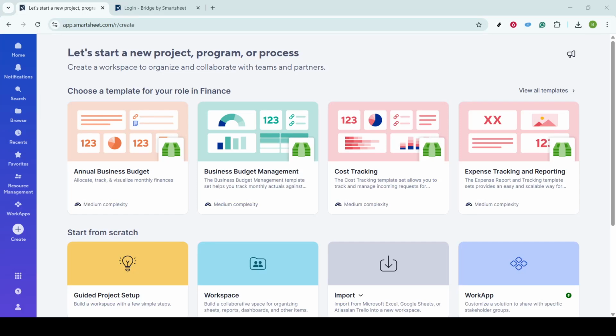In today's video, I'm going to teach you how to access Smartsheet Bridge. Understanding this process will give you a powerful tool to automate workflows and connect different applications seamlessly. So, let's dive right in by heading over to the website